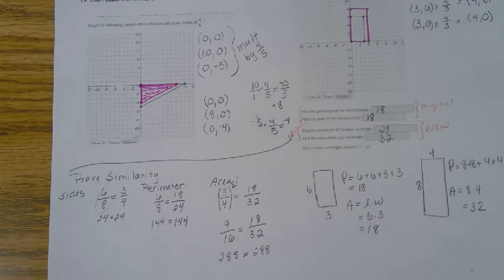So basically, those are three different ways to show that yes, it is similar. You only need to use one of them. If I don't tell you which one to use, you can use whichever one you want. But maybe I'll tell you, use the area to show that they're similar. Then you have to use the area. Maybe I'll tell you, you have to use the perimeter. Then you have to use the perimeter. Does that make sense? Okay, any questions? Okay, I'm done. You have an assignment to